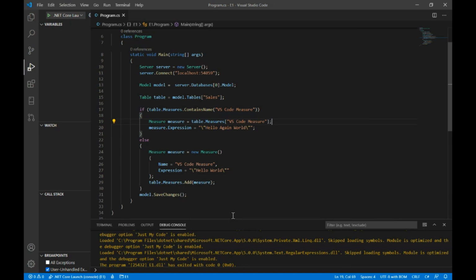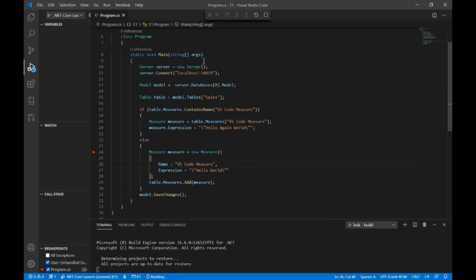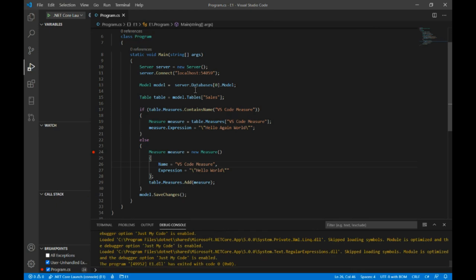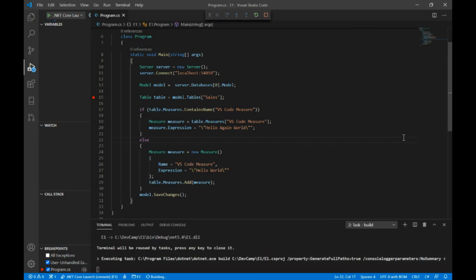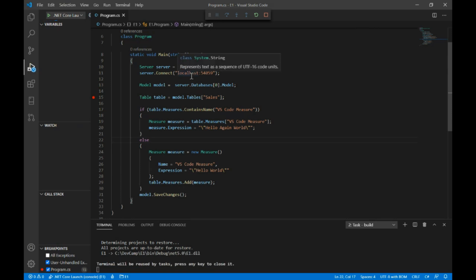So I'm going to run this again. Let's stop on here and make sure that we're hitting the breakpoint okay. And that's not finding it. That's not ideal. We're going to put a breakpoint up here once more. We won't spend too much more time on this. We're definitely connecting to the right